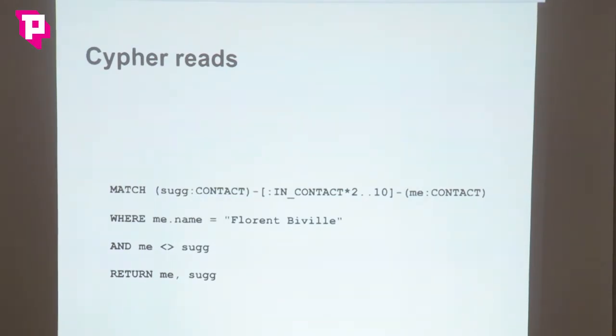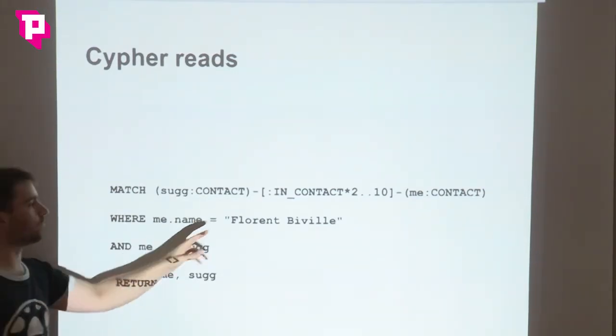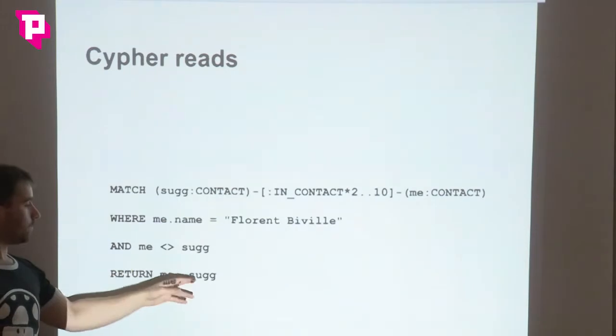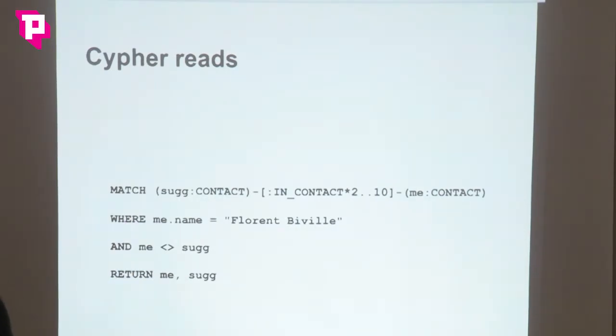So that will retrieve all contact suggestions for me. Even if it's bidirectional, it could include myself, but I know myself quite well, so I don't need to review it. So basically that will just give me contact suggestions. That's a very basic recommendation engine, but that's just a basic example.